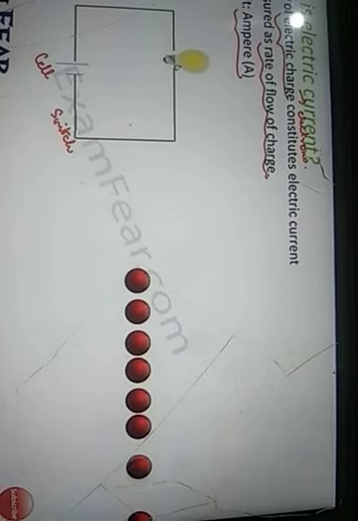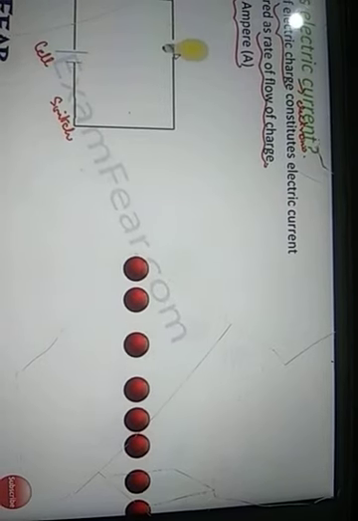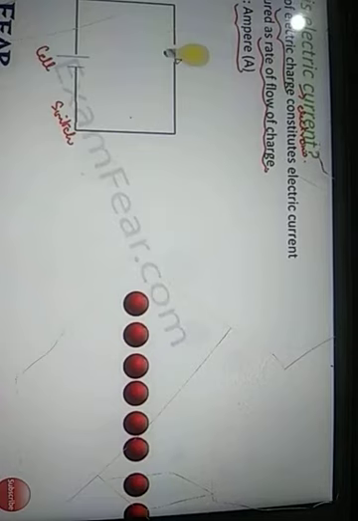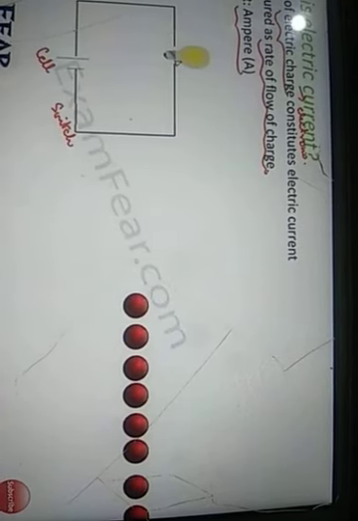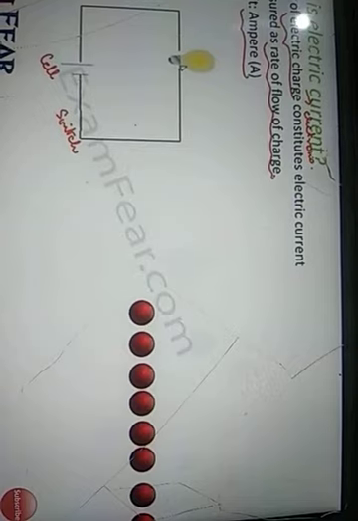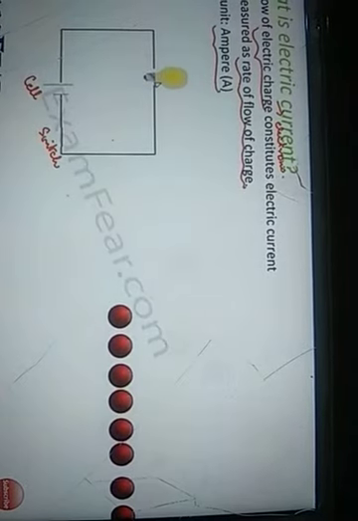Now these balls, as they move, the second also moves, the third also moves, and so on. So this process of movement continues. As the balls move, the rate of the movement, how fast they are moving, determines the current. So the electrons are like these balls. Whenever these balls stop moving, the current is zero. So current is determined by the movement of these balls.